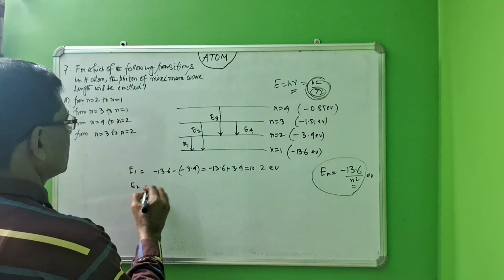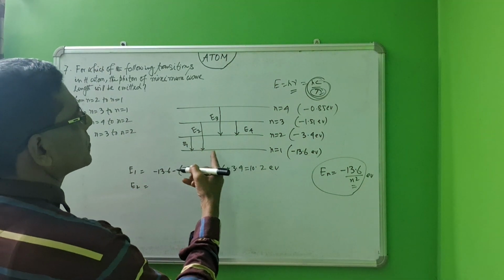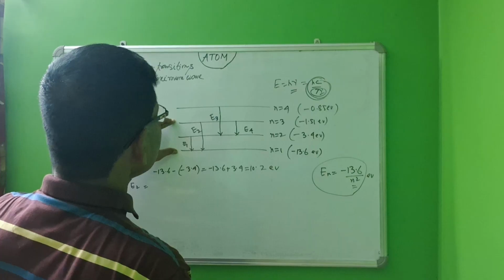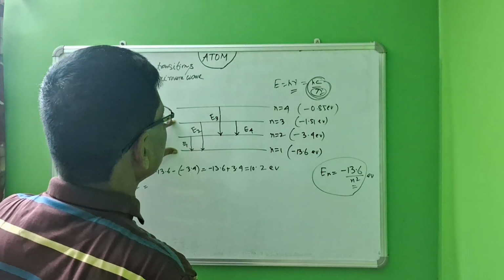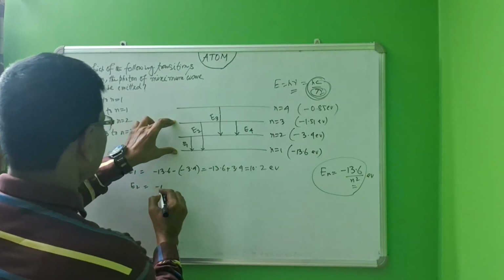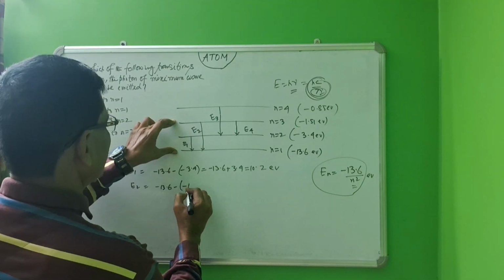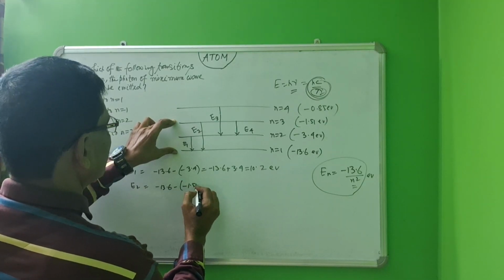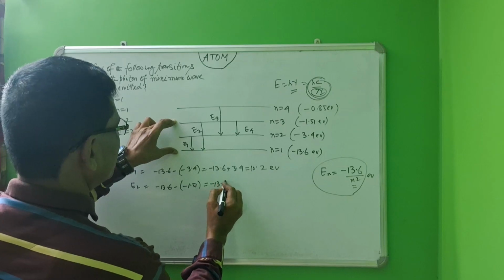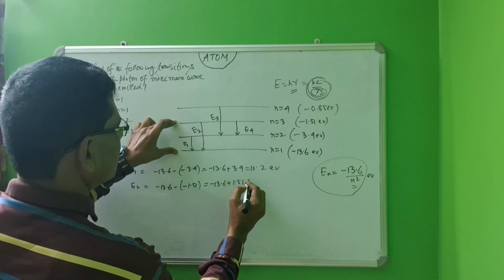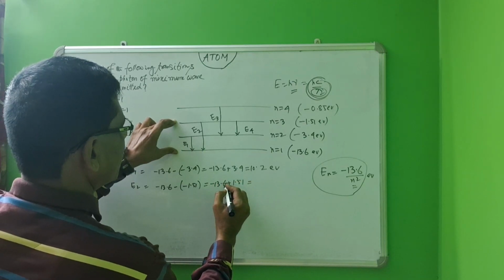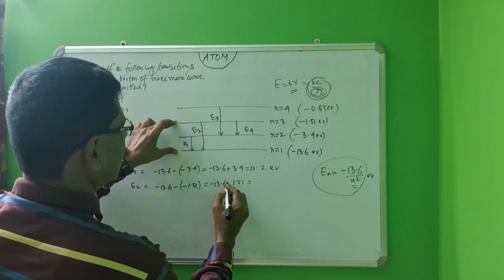E2 equals, these energy levels to be taken, so minus 1.51 minus of minus 13.6 equals minus 1.51 plus 13.6 equals,